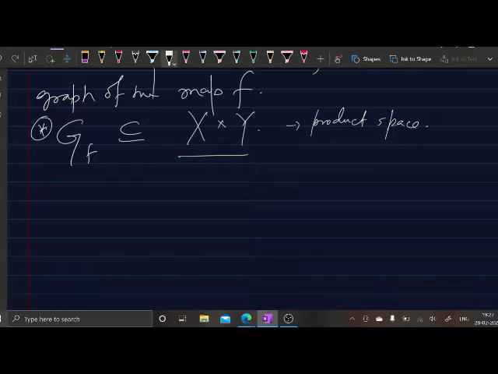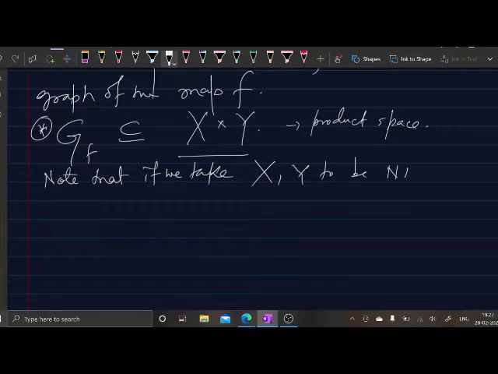Now note that, if you take X, Y to be normed linear spaces,